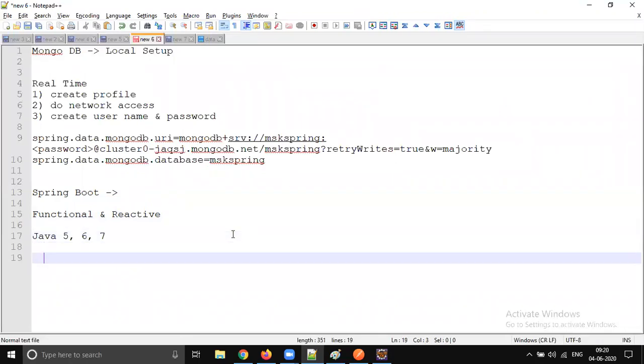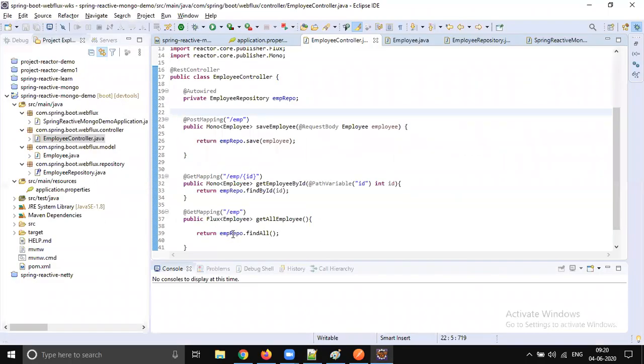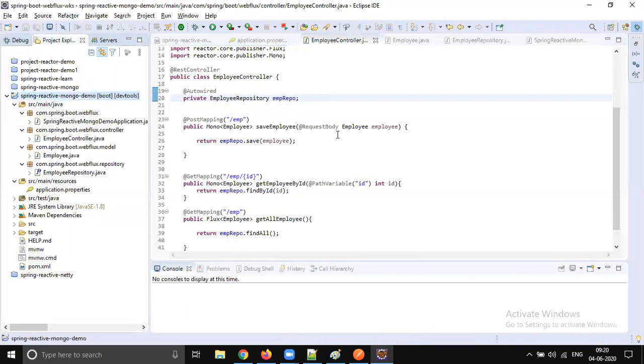So for those people, it's really mandatory. You should learn reactive programming. The future is going to be reactive. The future is going to be reactive, if you want to survive in Java, and on Spring especially. Any new framework that is going to be introduced is going to be full of reactive, full of functional code.